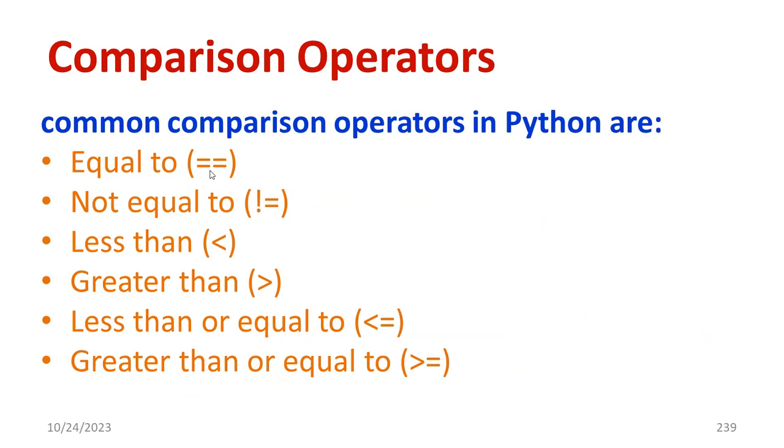Equal to is indicated by this symbol. Also, you can observe how to represent not equal to. Not equal to can be represented by one exclamation mark followed by equal to. This is the symbol for less than. And you can see another operator, greater than. Then for less than or equal to, you can use this symbol. If I want to go for a greater than or equal to operator, I would go for